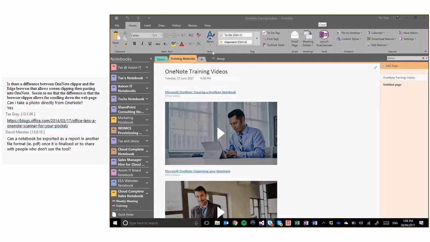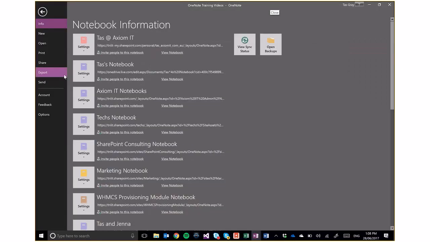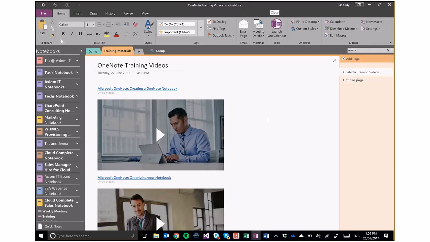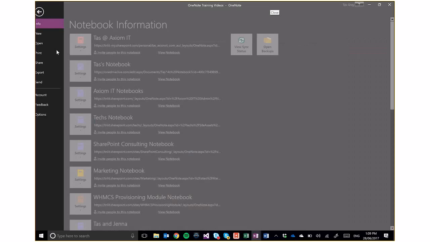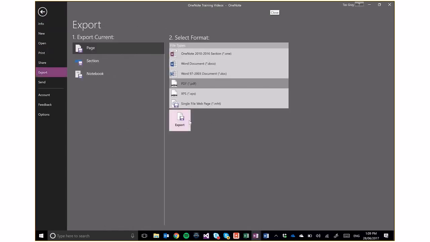Okay, yep, David, so if you do want to export it, you certainly can. I often export to PDF, but as you can see here, there is a range of options. So you can export into a Word document, a PDF, or you can actually export the OneNote section itself. So if I was to export a section, it would be everything or all of the pages within that section. But if I do export as a PDF, depending on what the content looks like, sometimes it comes up nicely, sometimes it can look a little bit